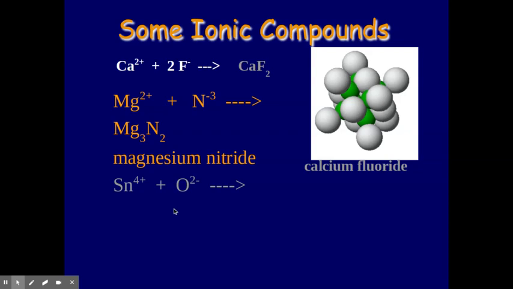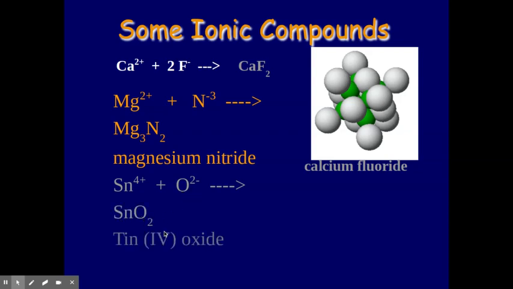All right, try this one. Okay. It's a little bit trickier. If you just did the crisscross, you'd wind up with 2 and 4. But if you heard me say empirical formula is the lowest whole number ratio. So when you crisscross these and you have 2 to 4, you have to reduce it down to its lowest ratio. Or you could just look at it and say, well, if I have a 4 being given away and this one's only taking 2, it's going to take 2 oxygens, right? So